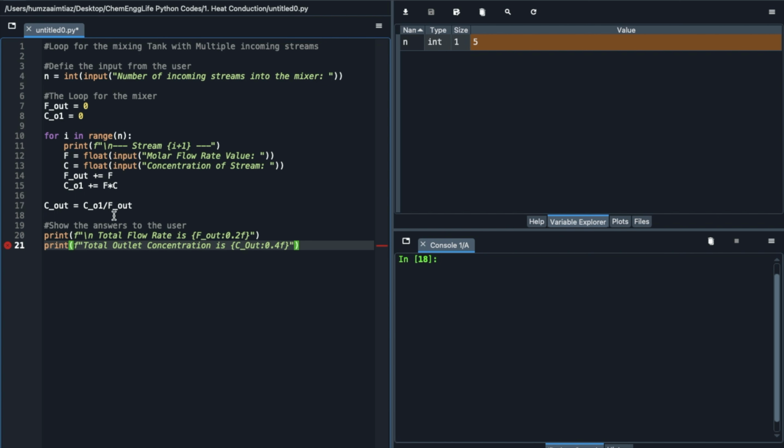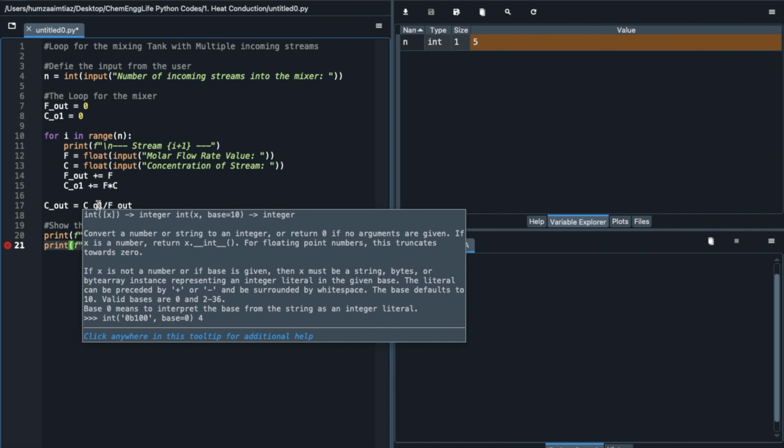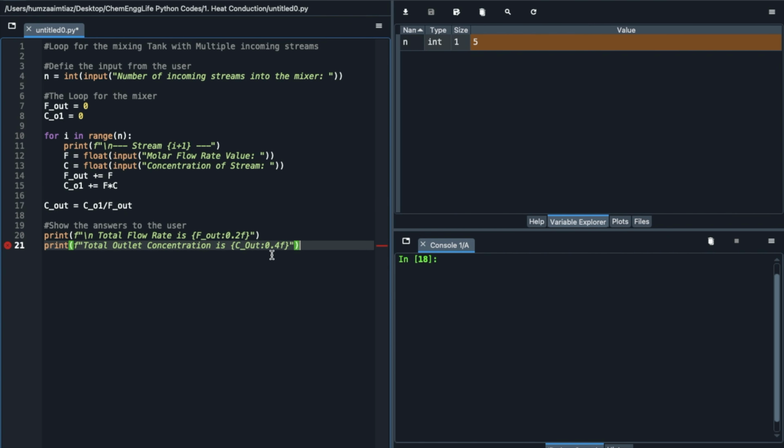But when you have these values or integers stored in your variables, you can actually use the f in the beginning, and then in the curly brackets, you are then allowed to insert your output value. And why am I getting an error? C out. Oh, sorry. Yes, I am supposed to write a small o. There we go. And that's actually very good because